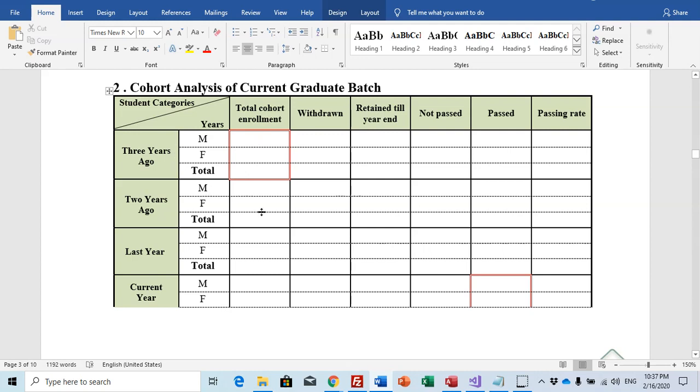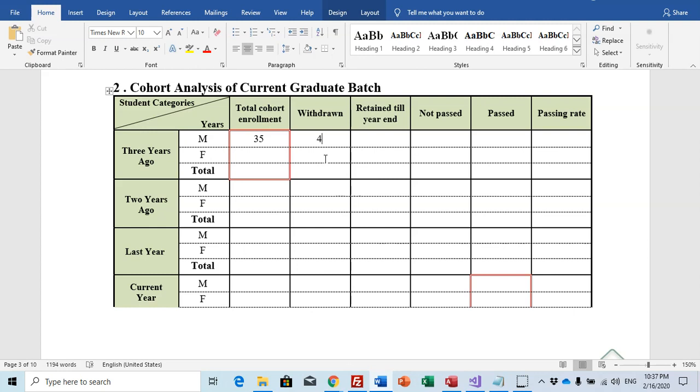I will not fill all the table here, but for example, 3 years ago, total cohort enrollment, number of students, for example, it was 35. During the study, it is not about withdrawn from course, but withdrawn from the program, going to another program, for example.